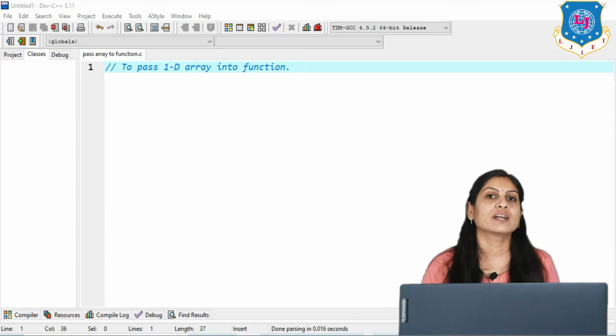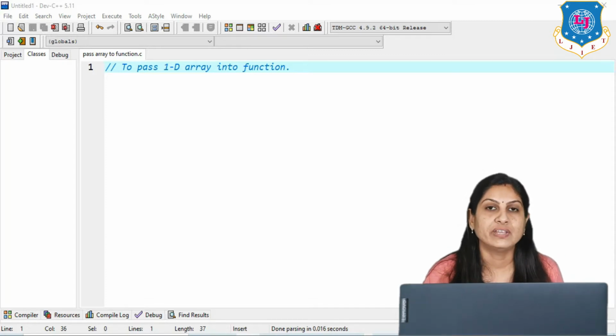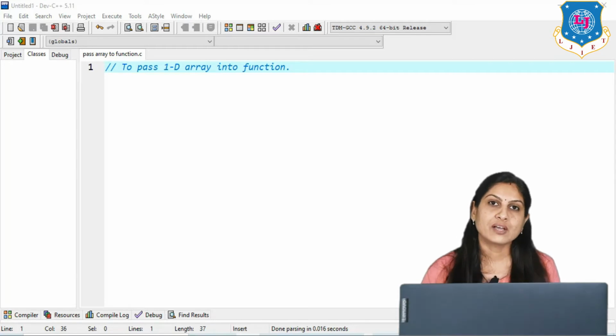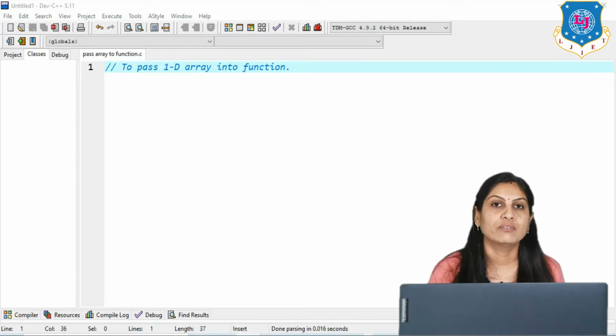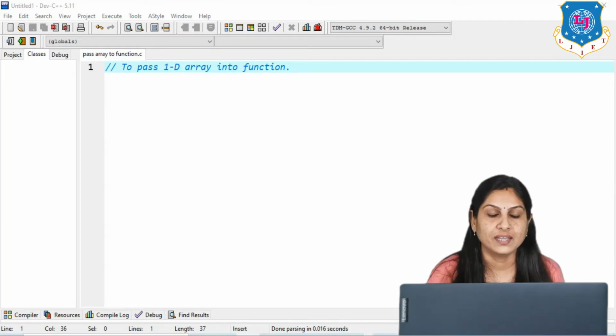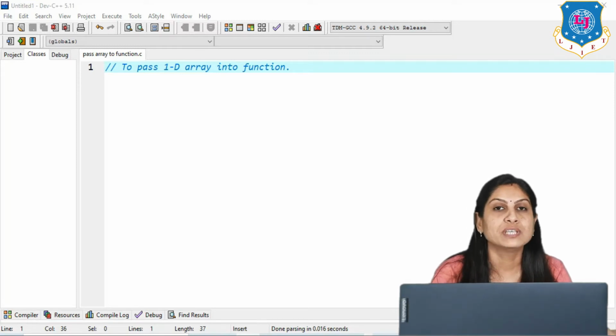When we are creating a program with a UDF, we need three elements: first function declaration, then function call, and then function definition. When we are calling our function, our requirement, according to the title, is to pass the entire array into the function. So how can you do it? Here we are discussing a program to find the sum of array elements using a function.